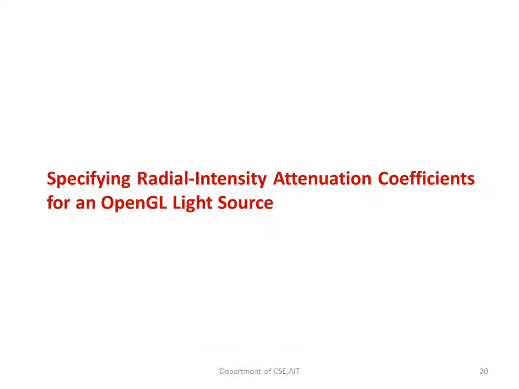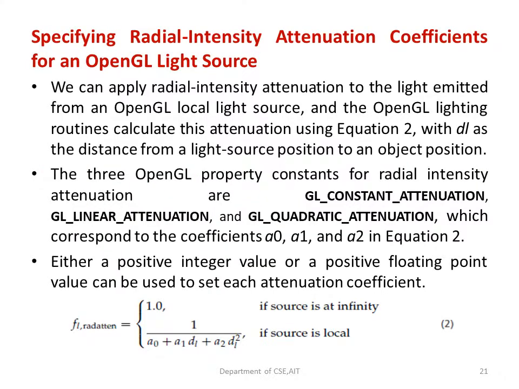Now we will see how we can include some radial intensity attenuation for the OpenGL lights. Whenever a light is traveling over a distance, the light will get a little diminished. The strength is going to reduce. That is why we can make use of the attenuation. That means we can approximate what the value will be. You can apply a constant attenuation, or you can go for a linear attenuation, or you can go for a quadratic attenuation. That means you can increase it at a constant rate, or you can go for a linear increase, or you can go for increasing very high by making use of the quadratic.